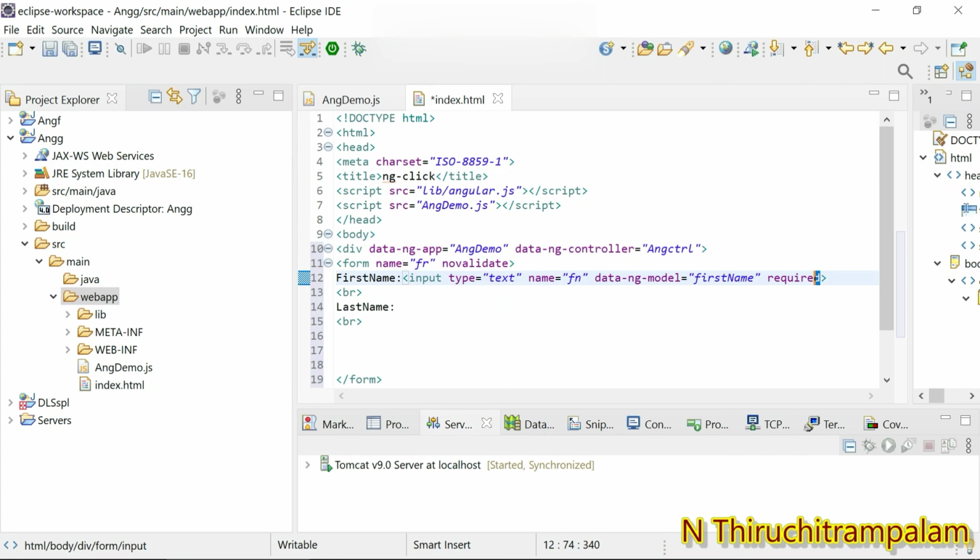Okay, so nearby I gave the keyword required. At the beginning of the session I have shown that if you want to display any message near the text box, we need to do some stuff, right? So we need to give this required keyword to make any message appear on the screen, right? So here I give required, that is mandatory,